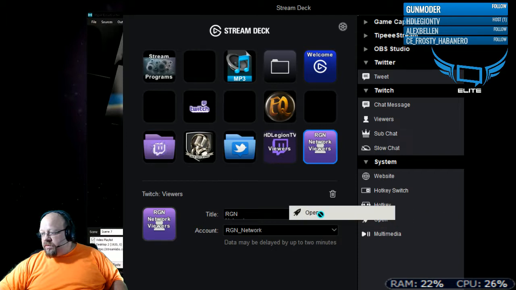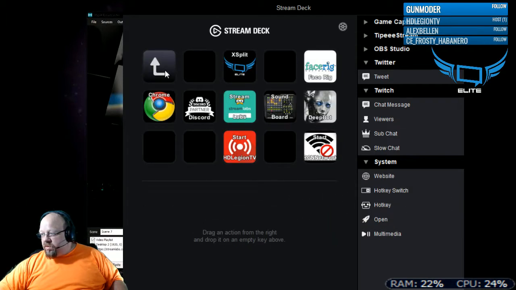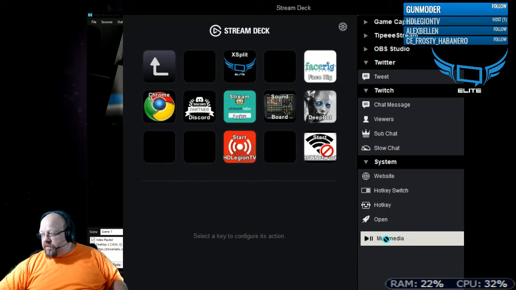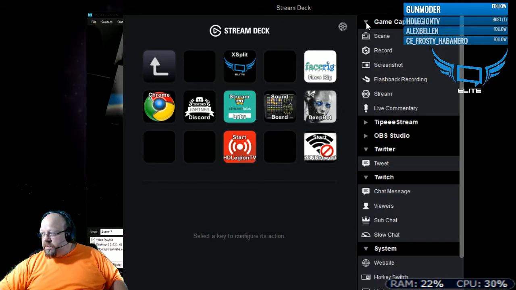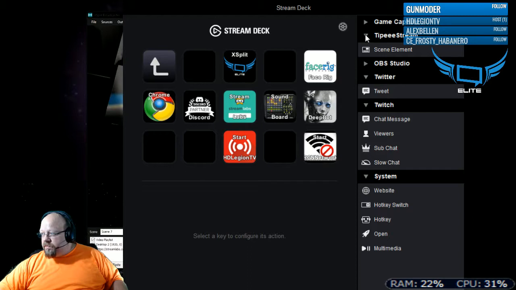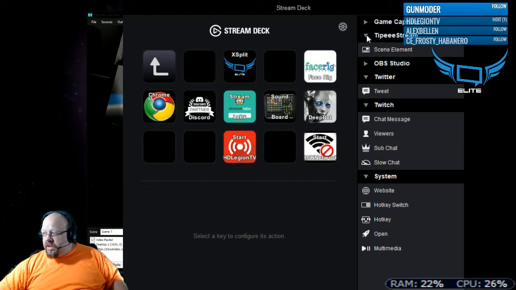You can use these open options to open up the programs you use. I stuck all mine up here. Use multimedia, do videos and stuff, however I don't use it. This game capture is Elgato only. All the stuff that's in it, I find worthless. The T-Stream, I've never used their elements, but I imagine there'll be other elements that'll be available. I think they have a little bit to do with